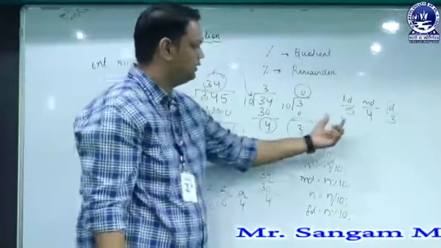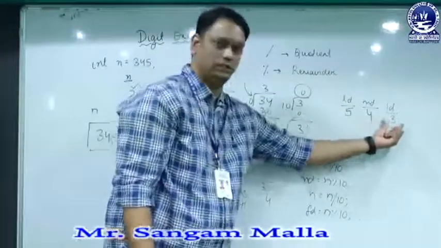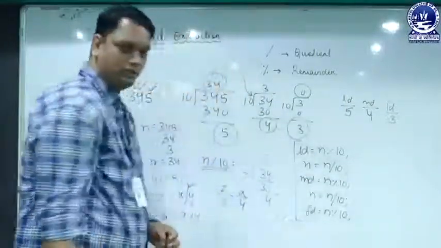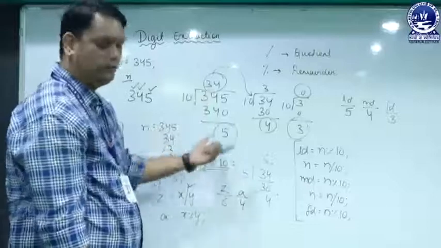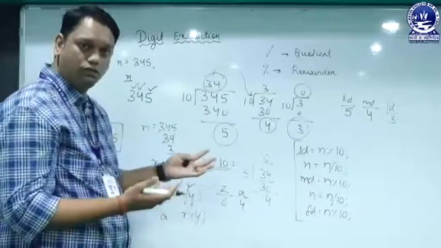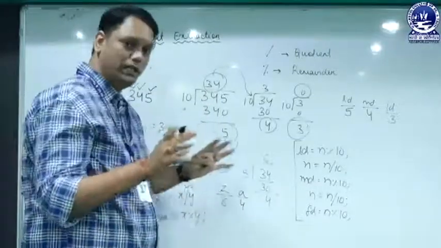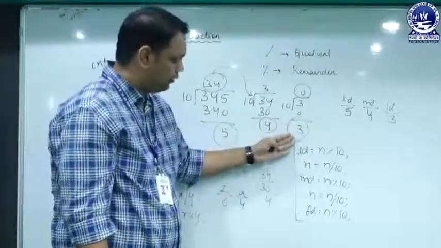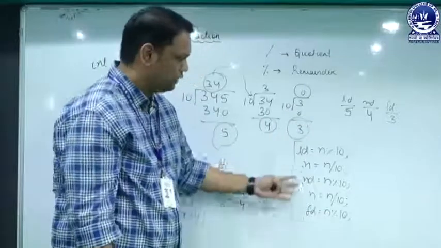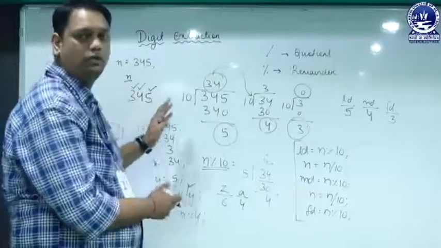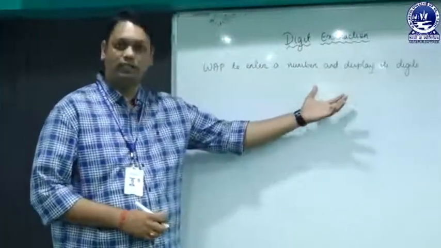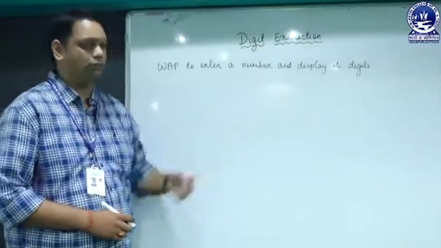So you can clearly see we have got the 3 digits. We have written this logic for a 3 digit number. If it is 4 digit, 2 digit, or even 5 digit, it can be of any length. We can get all the digits through this logic. And now we will write this logic in our program with the help of looping. Now we will take an example to extract the digits from a number with the help of a loop.